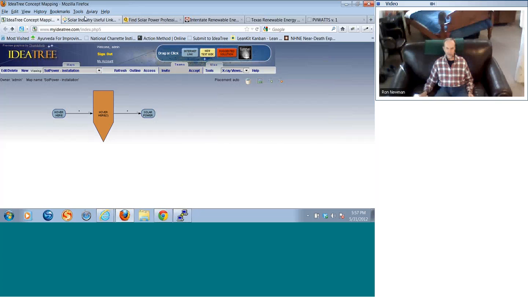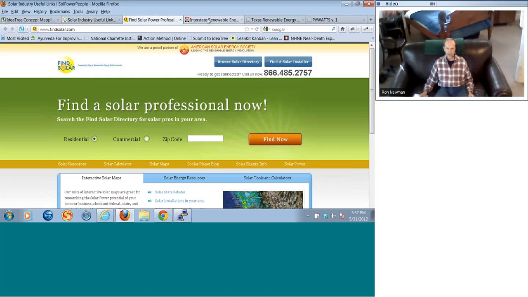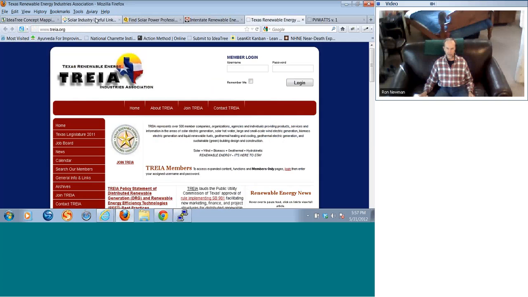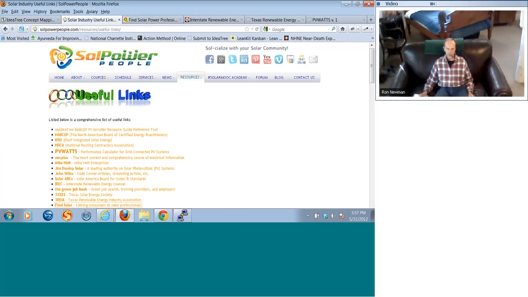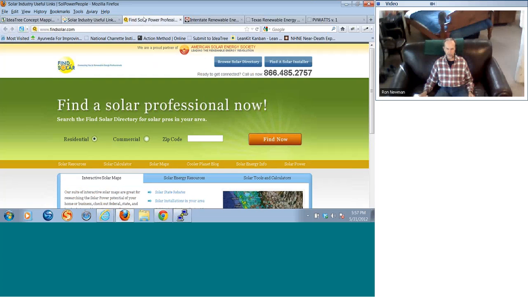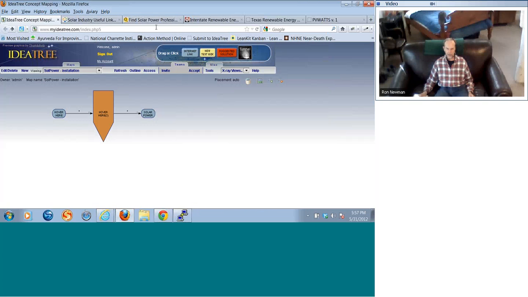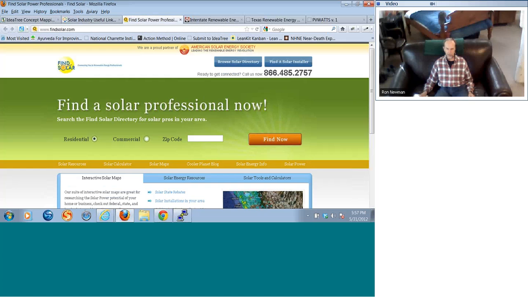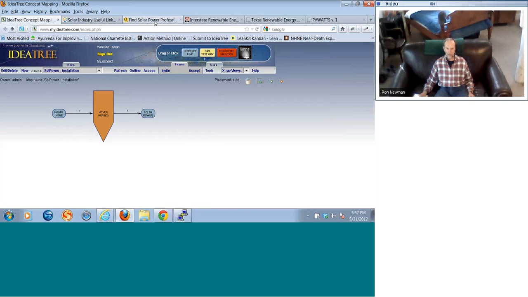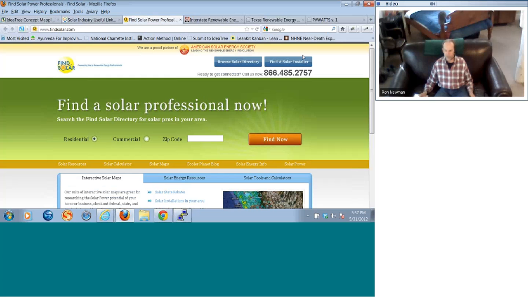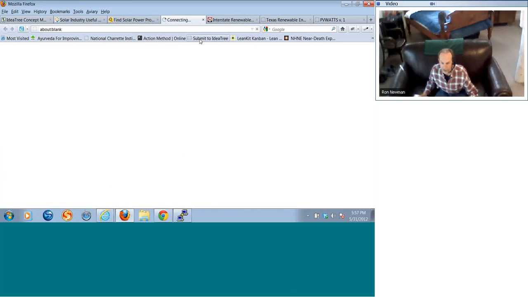Here I'm browsing, here I'm looking at Idea Tree. And in my browser I also have these other tabs of various things I just got at random off the Solar Power Useful Links site. So say I'm in this map, I'm logged in, I'm building a map, and I want to put this website into that map. There's a button up here at the top, says Submit to Idea Tree. I click that,